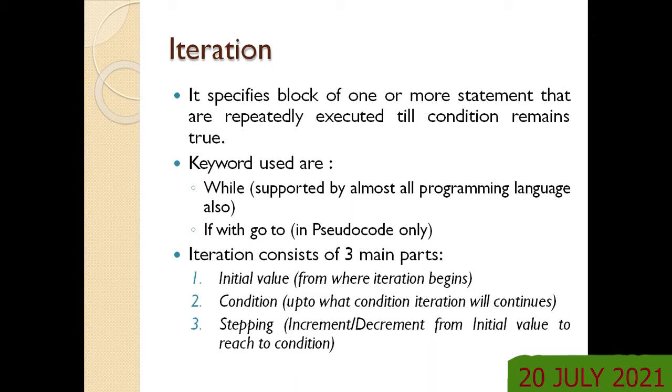Then increment or decrement. Initially my counter was 0. When you completed the first round, it becomes 1. Then the second round it becomes 2. Third round it becomes 3. Means you are incrementing in steps of 1. That is what we call an upward loop, and there is also a downward loop. If the counter is incremented, it is an upward loop. If the counter is decremented, that is called a downward loop.